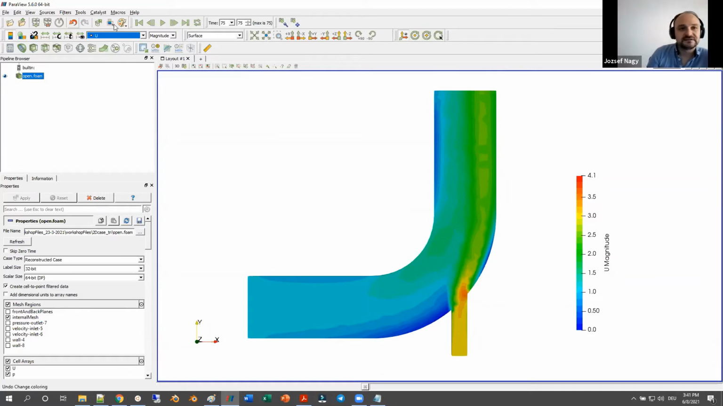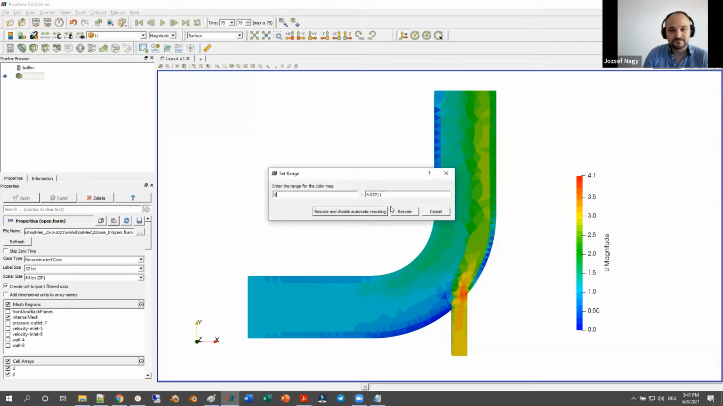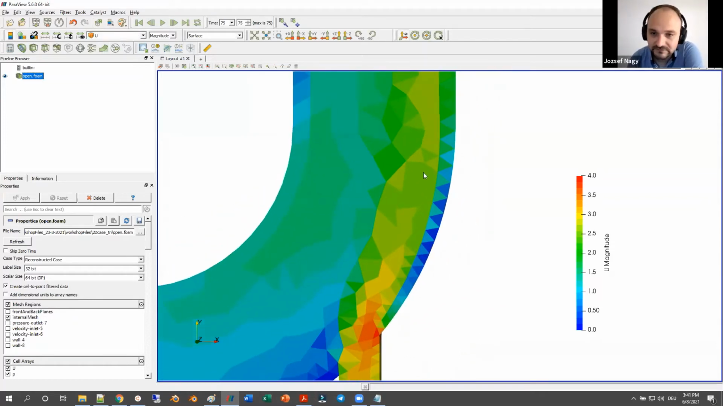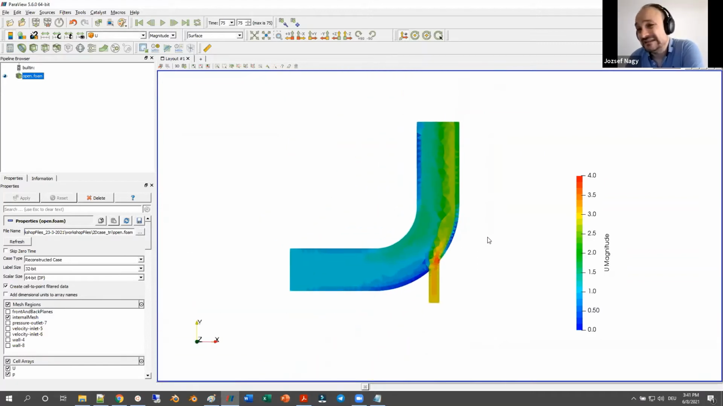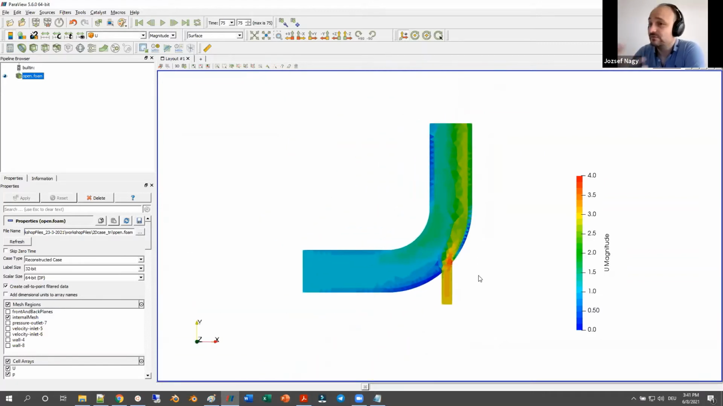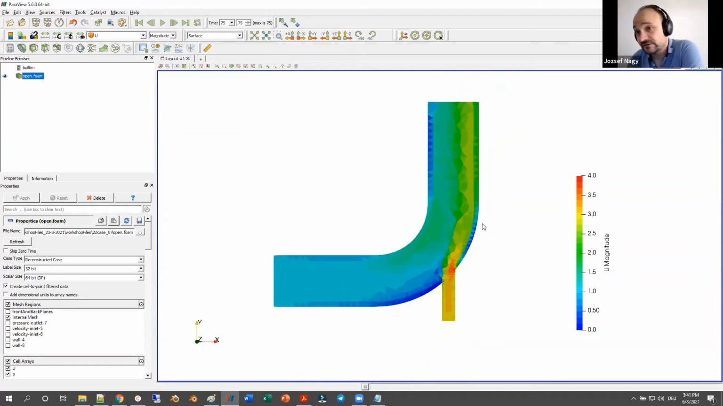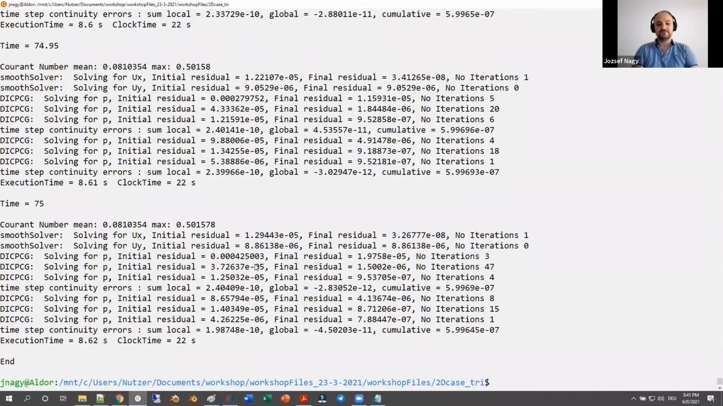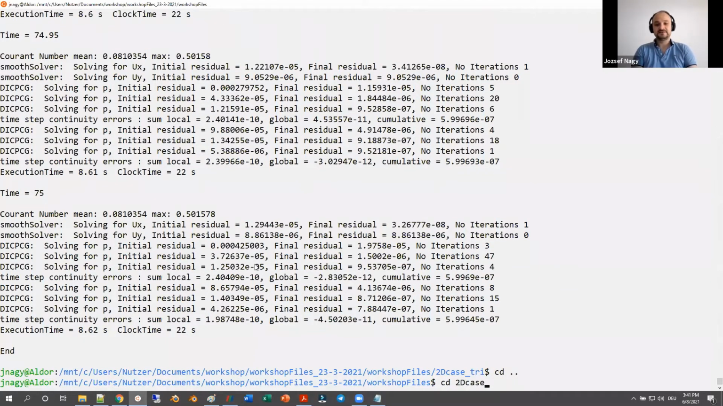Okay, so this is the velocity, and I don't know why this changed. So 4, and the problem is that here we can see some crocodile teeth, and you shouldn't see the mesh in your result. You can improve this by running a different kind of mesh, and this is why I created the quad mesh. And we can go to the second case setup by leaving this case and going to the quad